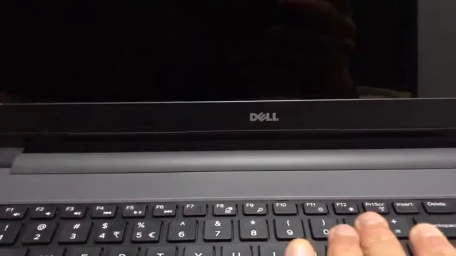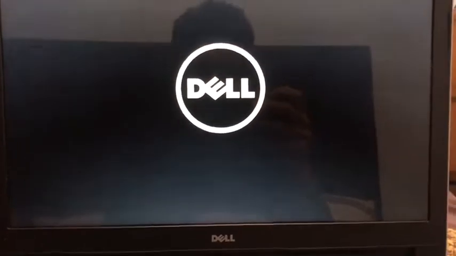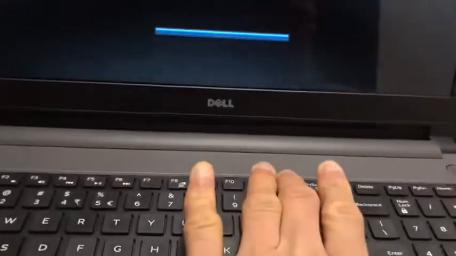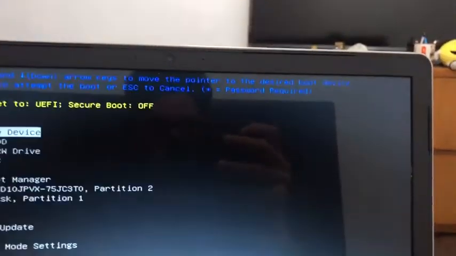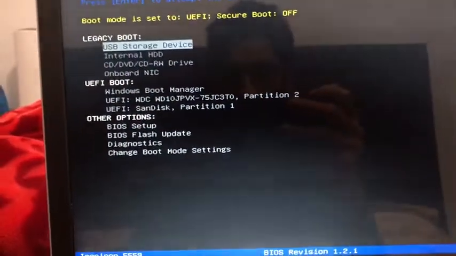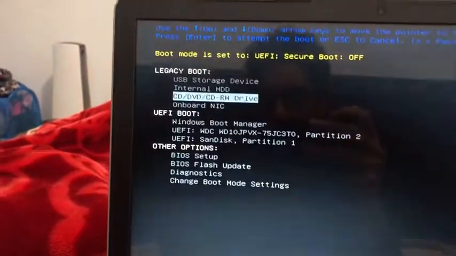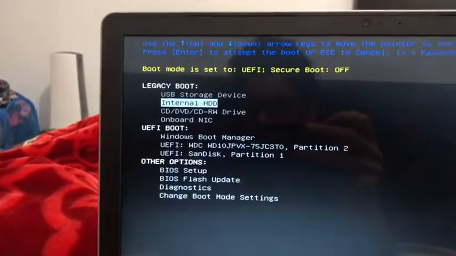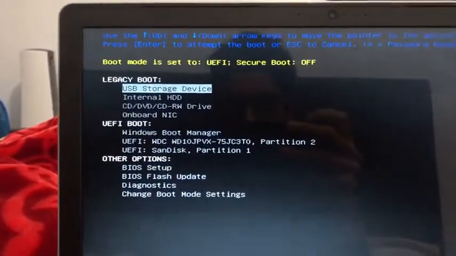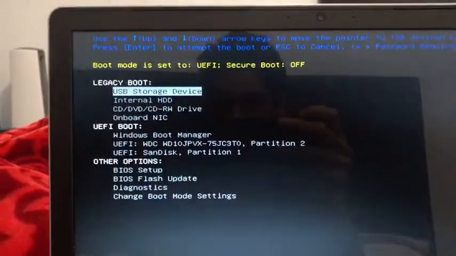This is my Dell laptop, so I'm going to press F12 and it's going to show me Dell. Now I'm going to press F12 continuously and it's preparing the boot menu. For this laptop we need to go to the BIOS setup, while on other laptops you can directly boot up, or you can check on Google how to open the boot menu.